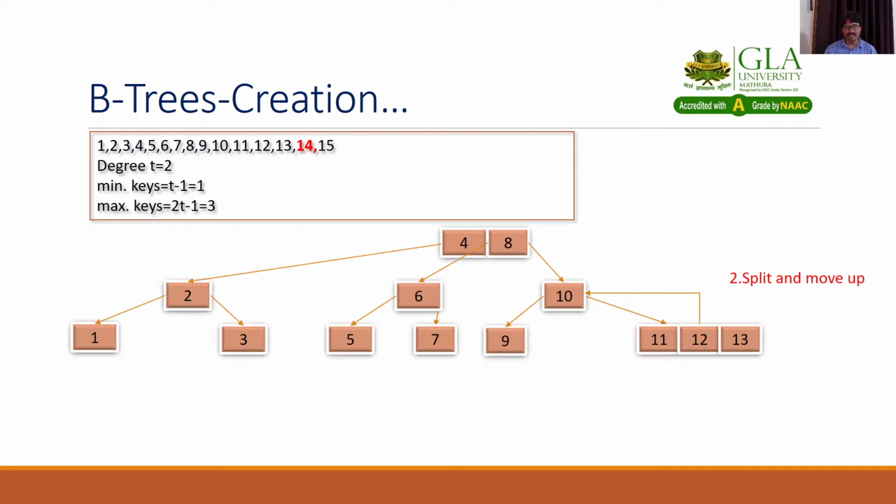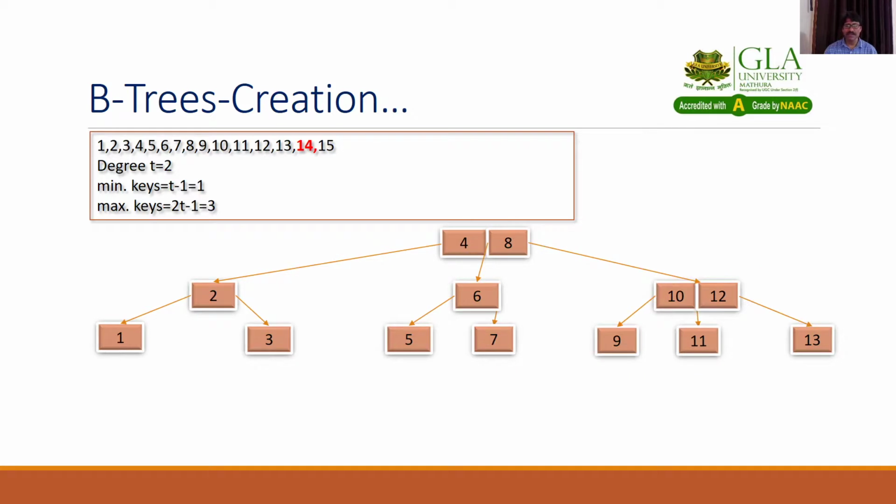So we will see this is our B tree after the first split, and then you will split 11, 12, 13 to accommodate your 14. So from 12 you will split and 12 will go with 10. So here 10, 12, and in between 10 and 12 there will be 11, and then 13, then 14, and 15 you can insert with the 13.